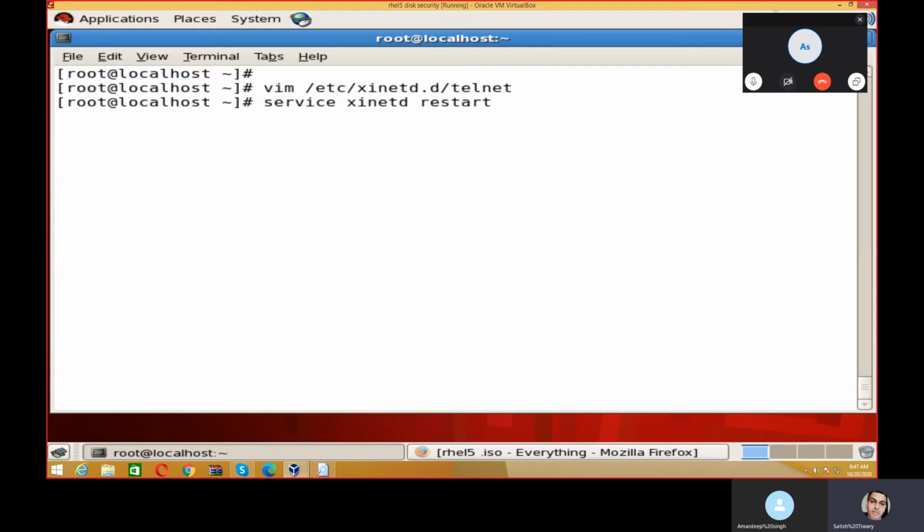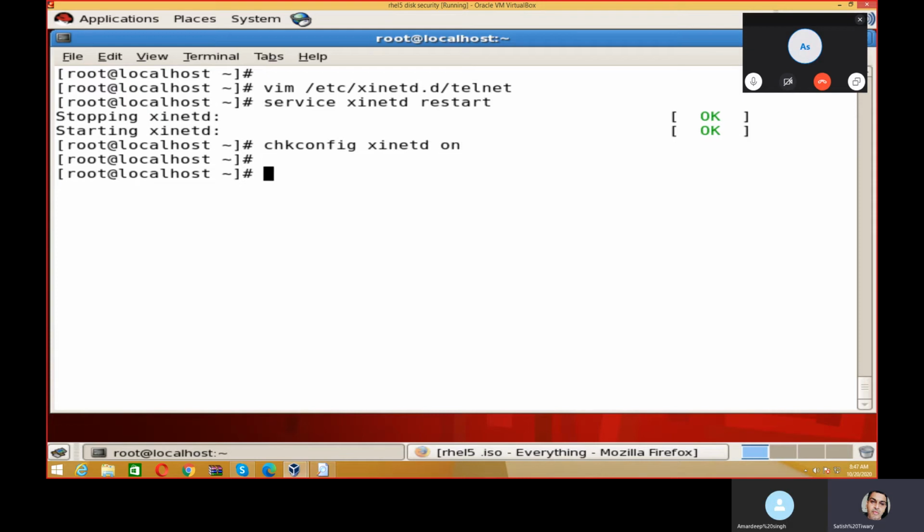You know this thing: every time you make any change to the configuration file of a particular server, you have to restart the service of that server. The service for telnet is xinetd. Just run this command. If you want to make it permanent, run chkconfig xinetd on.